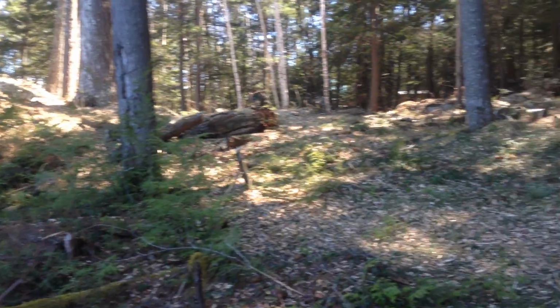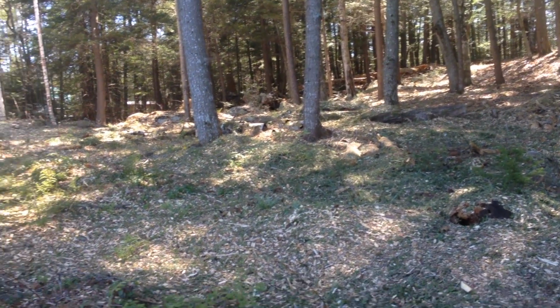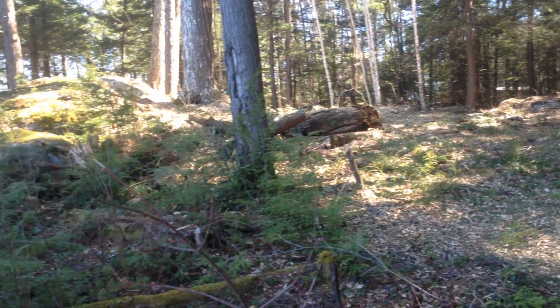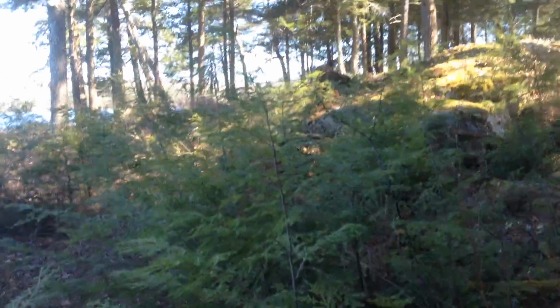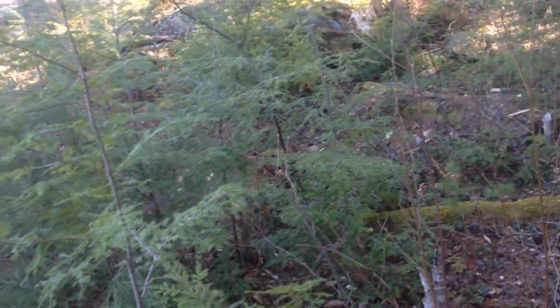And open it up, clean things up so that potential buyers can really appreciate what's here. We blew our chips all around, filling holes and burying rotten wood. A lot of rotten wood we'll put in low spots and then bury it in chips. And here on the shoreline we left a lot of young